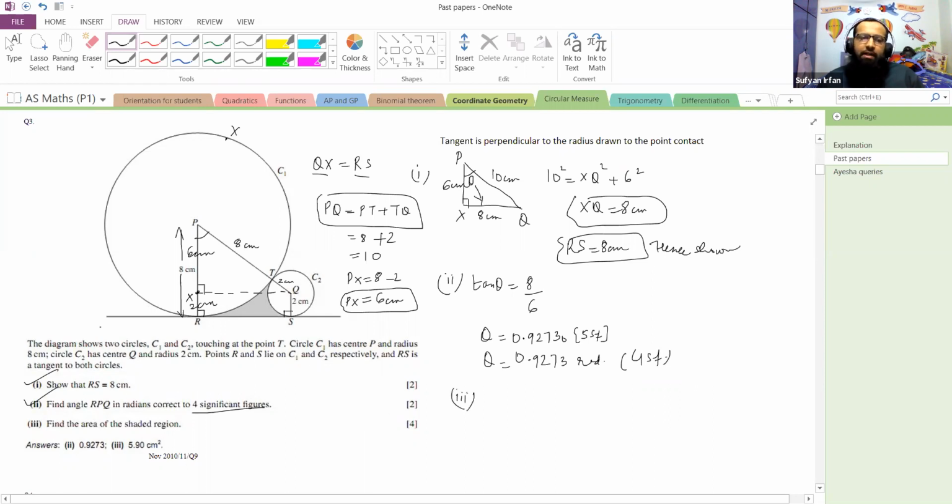Now comes the last part of this question. Find the area of the shaded region. Can I ask what should we do to find the area of the shaded region? Any particular methods that you can recall over here? Just look at it. We have already done 2 questions. This is the third one. I would expect if you can answer it. How can we find the area of the shaded region?